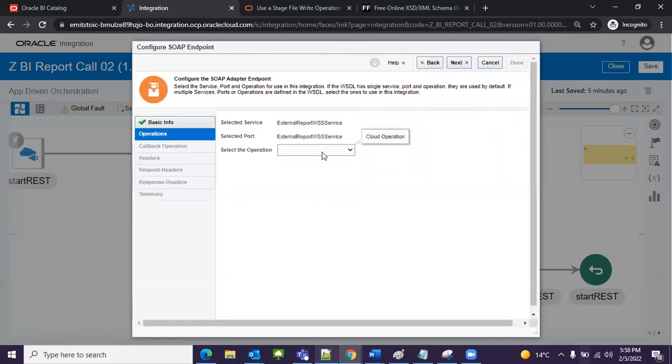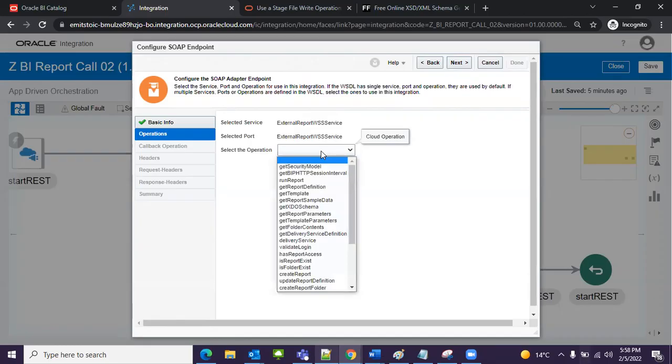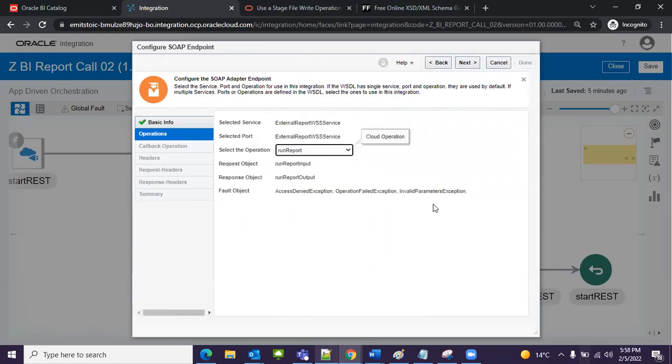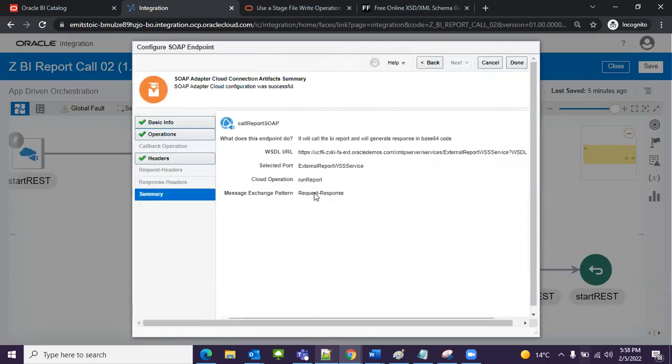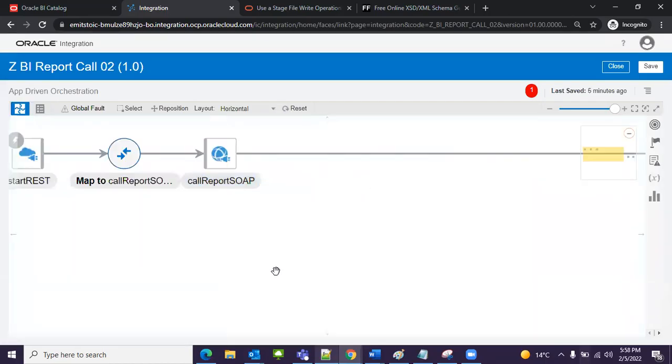Here I need to select the method with which we are going to call the report. So here you can see that this is the run report. It will help to call the BI report. So just select here. Click on next. Here no need to configure anything. Just click on next. Now you can see that in the summary, everything is clear. If there is any error, it can show here. Right now, everything is okay. So just click on done. So now I have added